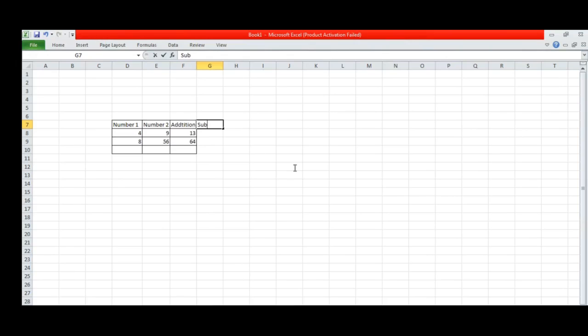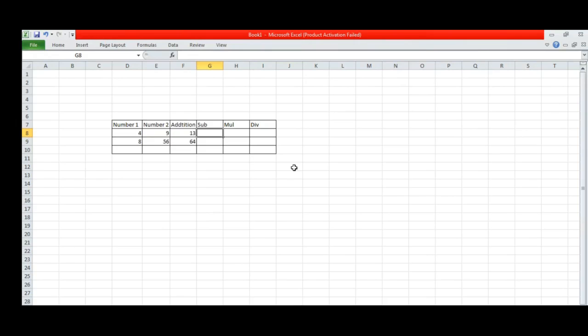Again we will see subtraction, multiplication and division. Now make a table here. How to do the subtraction?